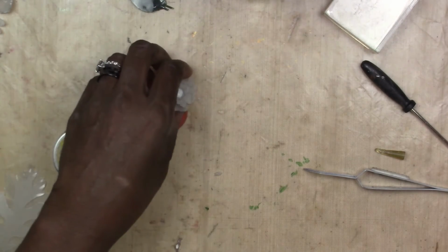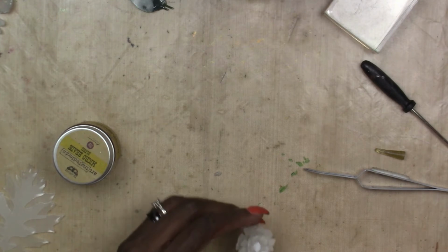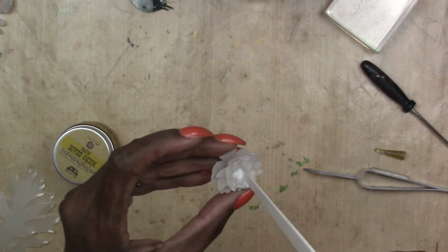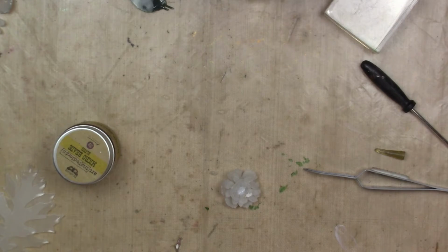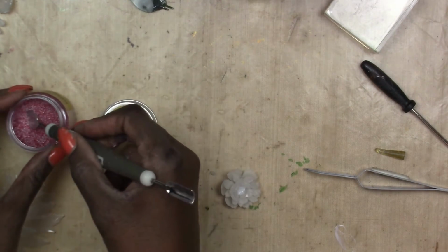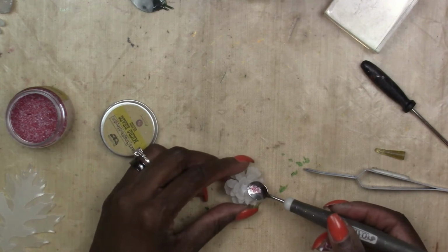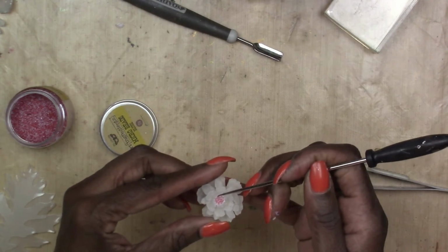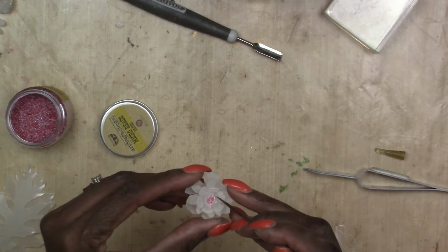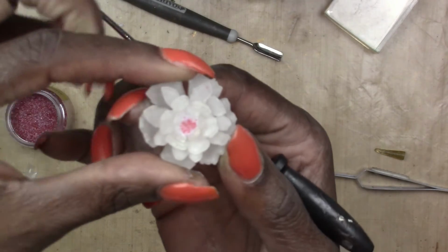Close that up. Some of that out of there. And then we're going to grab just a little bit of the micro beads for the center of our flower. Like that there. And so now we have our flower,